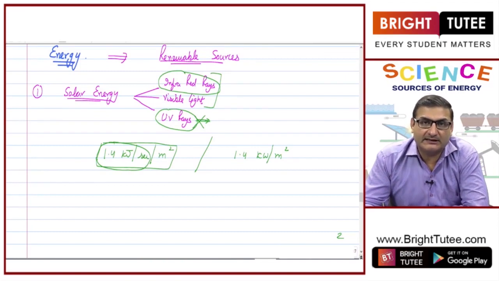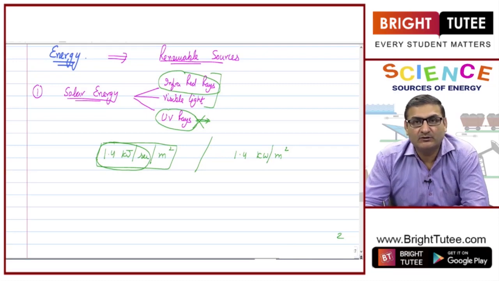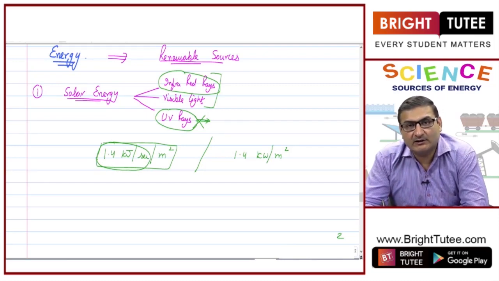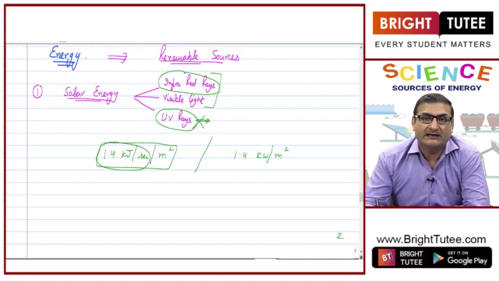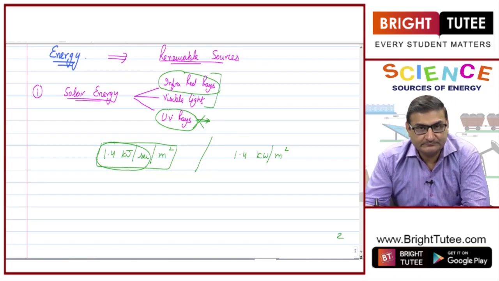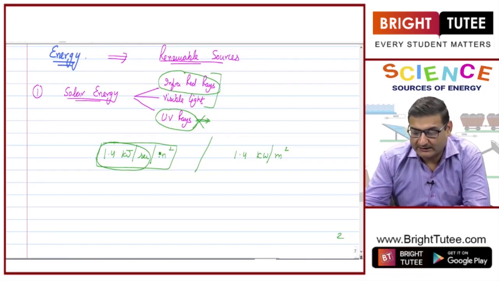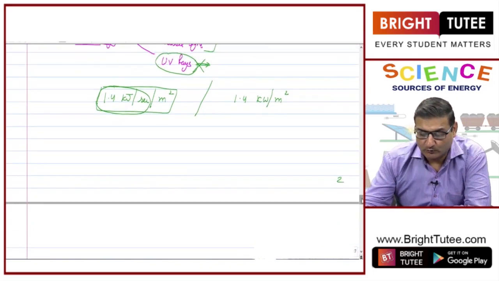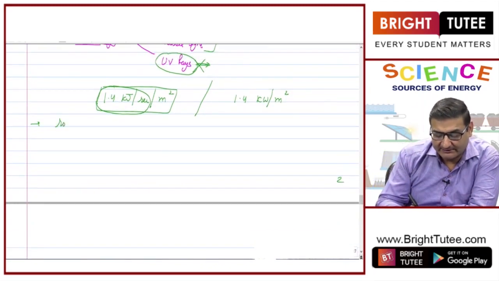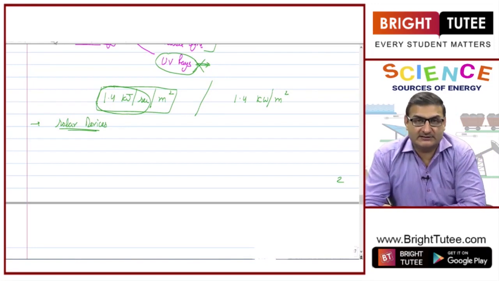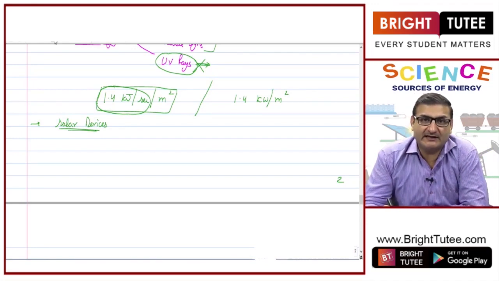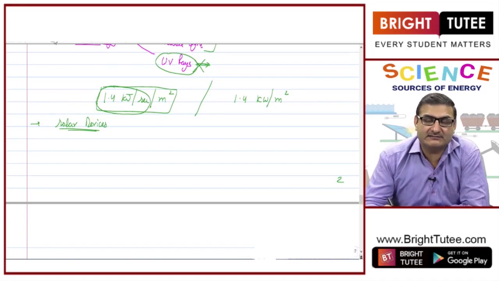So, this is a tremendous potential source which we can harness in order to fulfill our requirements and in order to avert the energy crisis situations, and that is what we as humans are trying to do, right. Now, this solar energy we can utilize through various solar devices. These solar devices make use of this solar energy, or I should be rather specific, using the infrared rays of